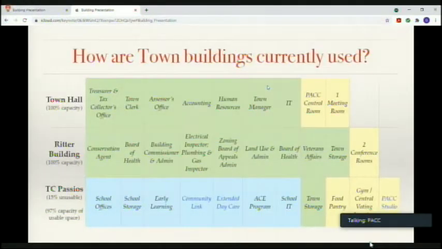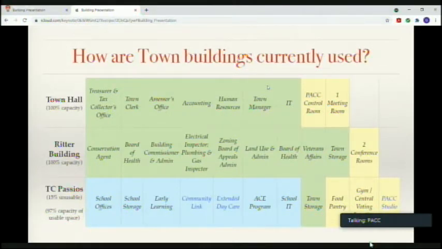So as we've talked about today, this slide talks about how town buildings are currently used. And just to orient you to this slide, the color green identifies a town use, the color blue identifies a school or educational child type use, and the yellow identifies a community use. Now, when we talk about Town Hall, we also have notations about capacity. Town Hall is at 100% capacity. The Ritter Building is also at 100% capacity. And the TC Passios is at about 97% capacity of the usable space. We believe that a little more than 15% of the building is unusable,